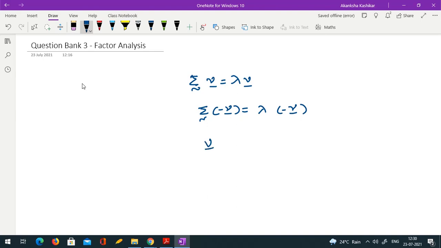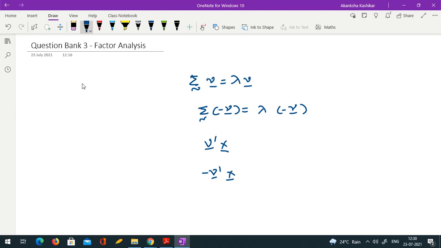So if ν prime x gives me the first PC, then minus ν prime x can also be considered as the first PC. So you have to change all the signs of all the elements in that eigenvector. If you change, then that also becomes the first PC, and sometimes for the interpretation that is more useful. Okay, so for example,